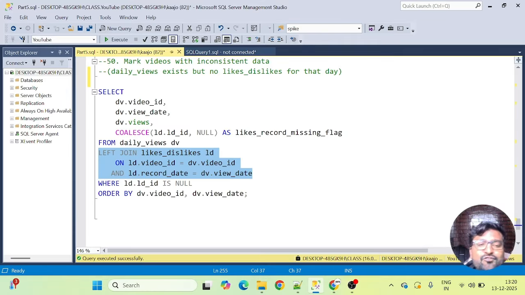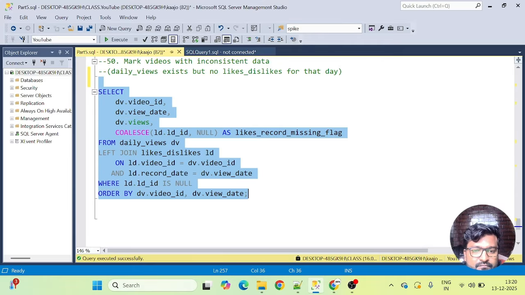So the same question again, it's actually boiling down to that same clause. Either we use except, or we use not in, or we use left join. It's up to you. So in this scenario, previously in one of the similar questions, I went with the except clause, right? But here I will use the left join. Okay.